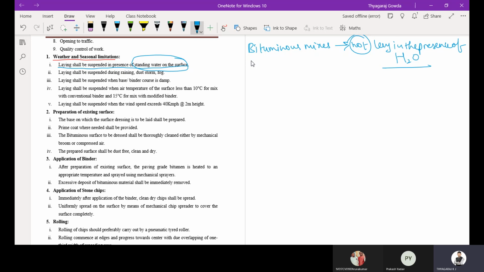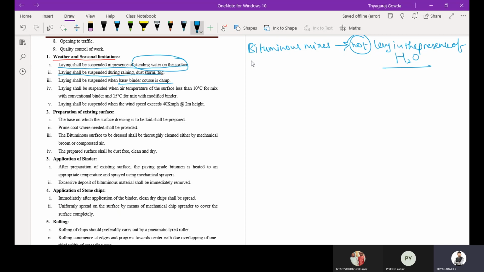Then when there is rain, dust, storm or fog, the laying will also be suspended. The construction process will stop. Laying shall also be suspended when the base or binder course is damp.